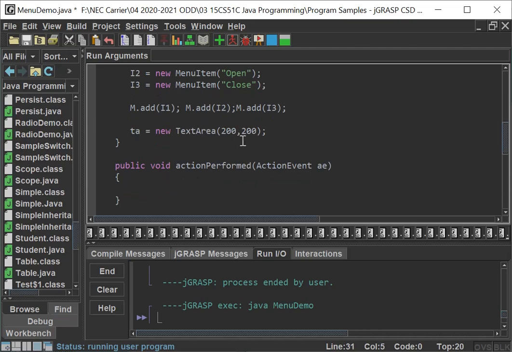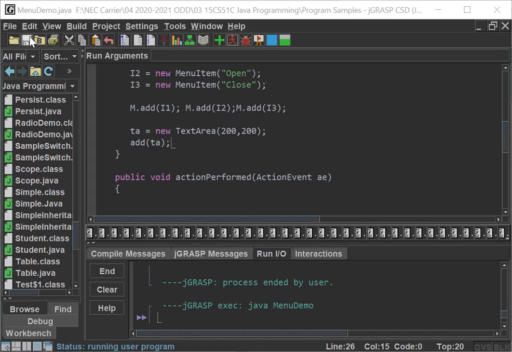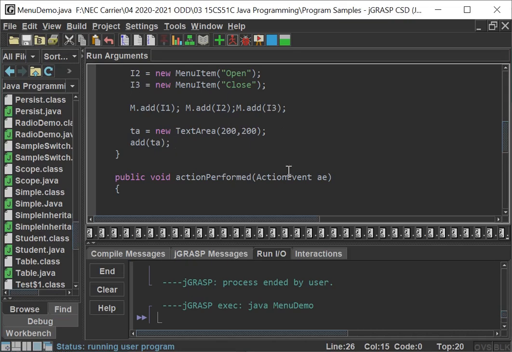Next, in order to make it available in my container, I have to add the TA, so that the text area will also be available in my window. Very clear? So we can perform the actions according to our need.